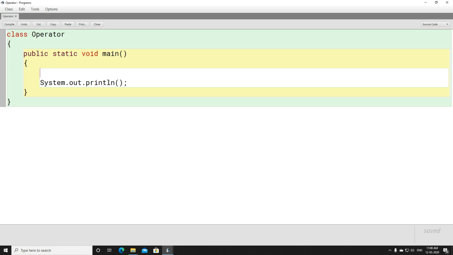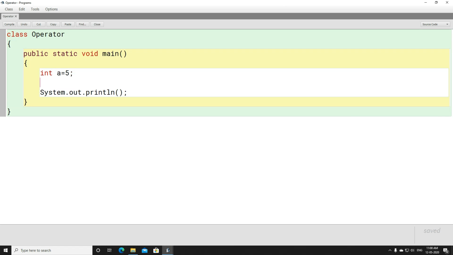Now let's understand this with the program. We have a variable int a = 5, right? What is the value of a? Tell me. It is 5. Here we are going to write a++. When we write a++, that means we are not storing it to any variable. So whether you write a++ or ++a, it will not give you any difference.